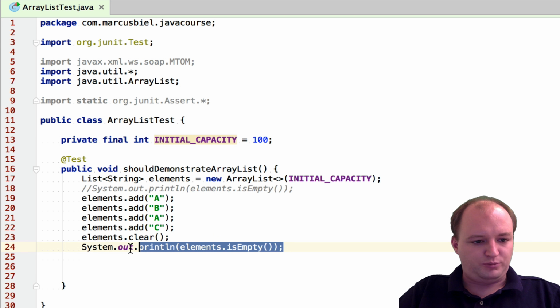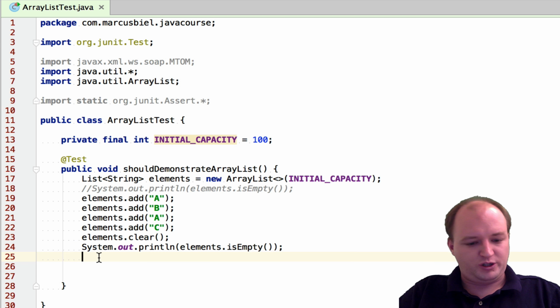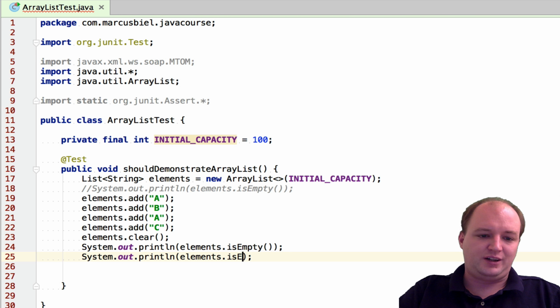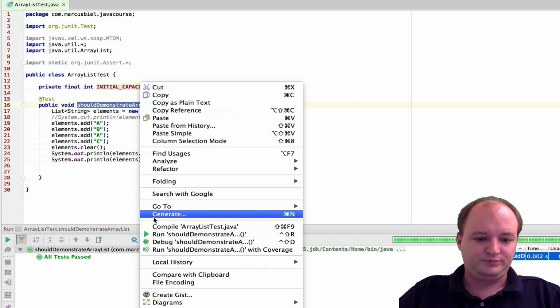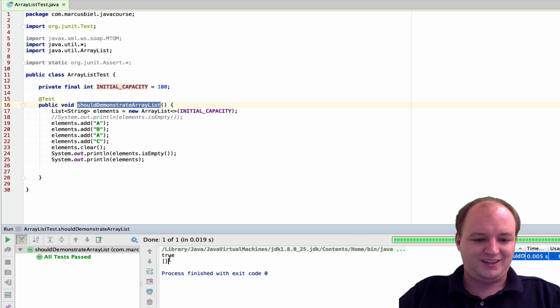And we can also print out the list, an empty list, which is also interesting because this would be another question. Can I print out an empty list, or will this again throw an exception maybe? Let's test it. And you see, yes, it is empty and you can print it. It's just the square brackets and there's nothing in there. So this is an empty list.